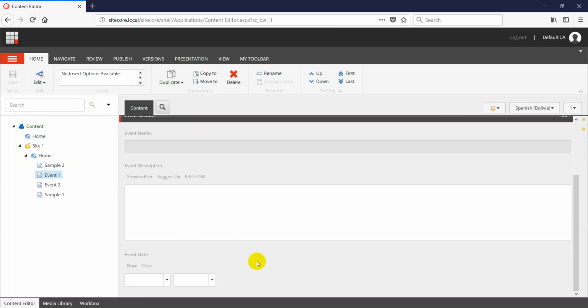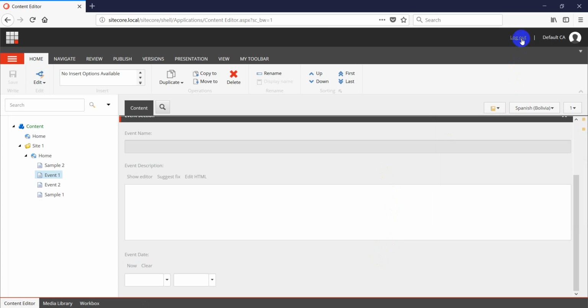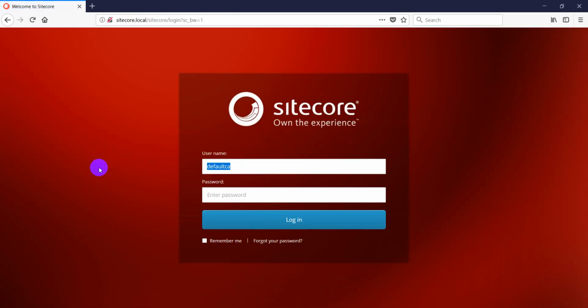But from the requirement and from the business flow perspective, I don't want my users to make any change to the Spanish version. Even though we provide content author training to them, there is a high chance that there are certain scenarios they may miss it, right? They may switch between different language versions and start making their updates there. So the best way is to